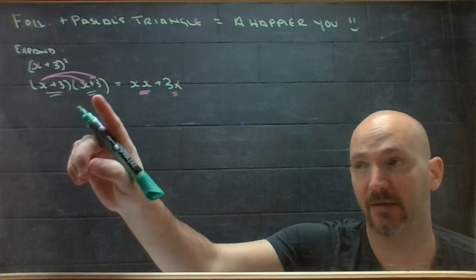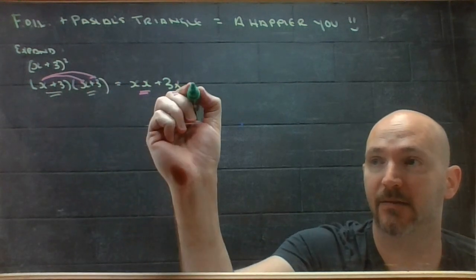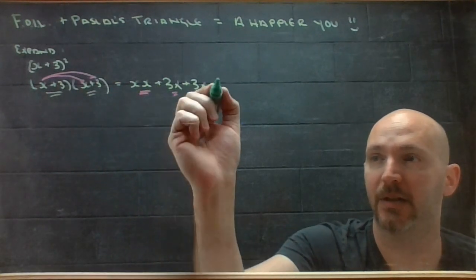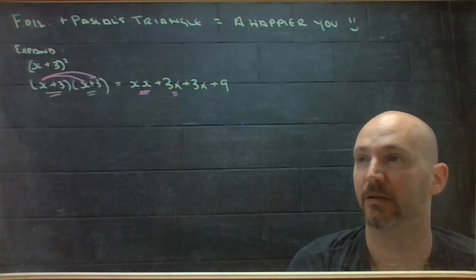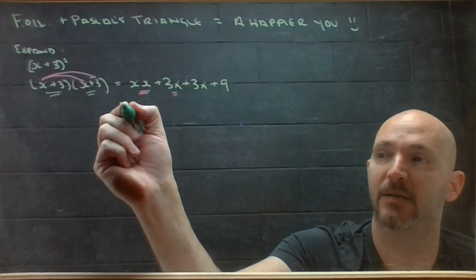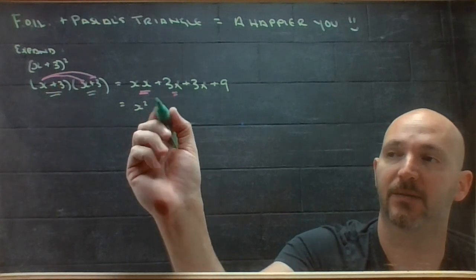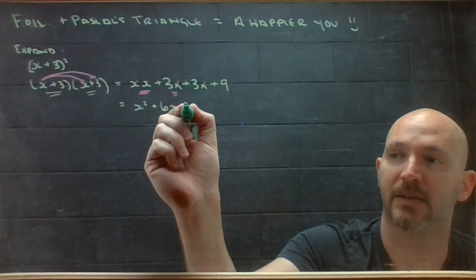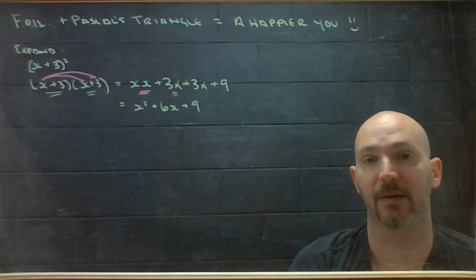To finish, I have to multiply everyone in here by 3. So 3 times x would be another 3x. And a 3 times a 3 would give me a 9. All right. So if I simplify that, I have x times x is x squared. 3x and 3x is 6x. And plus 9. Got that back. Okay, so that's how